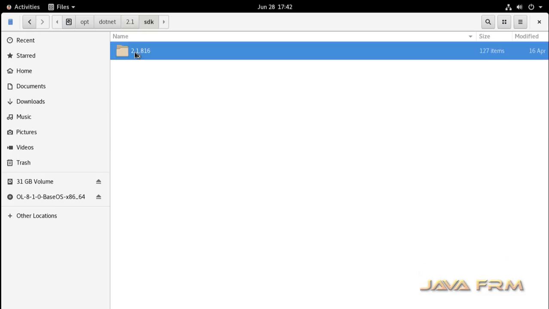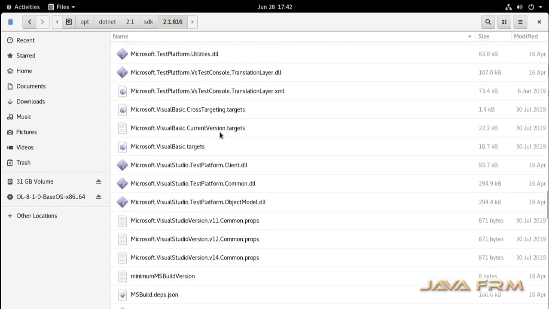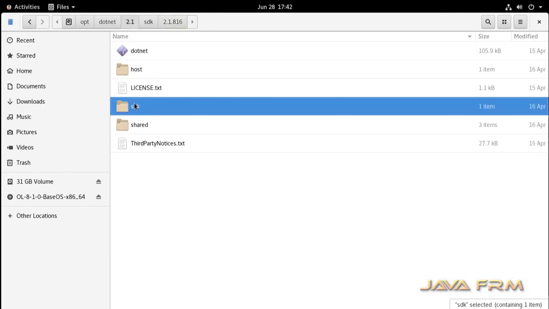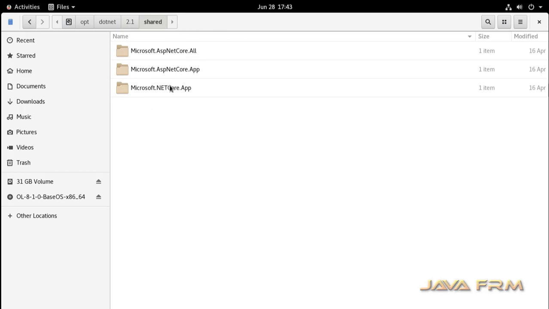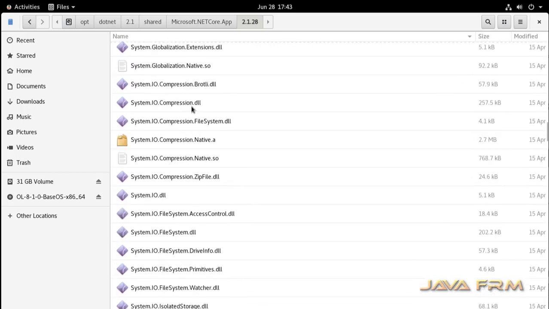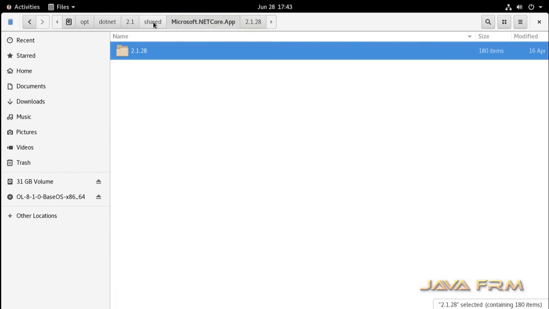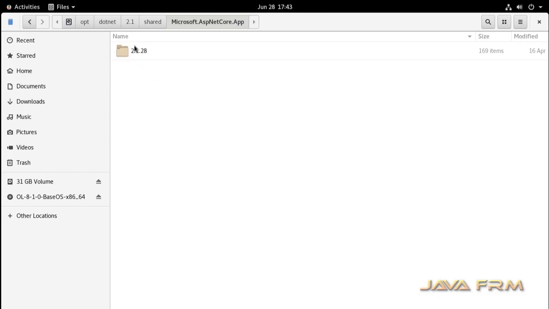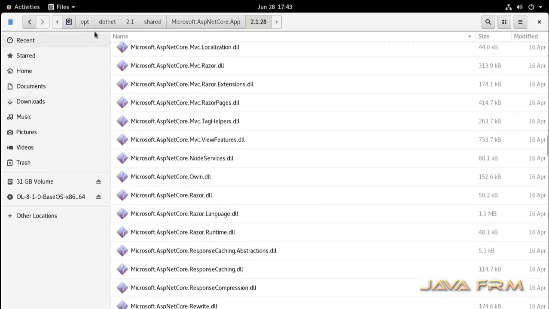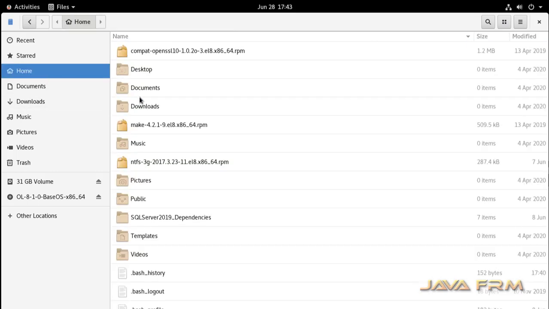It has the SDK and .NET Core runtimes, ASP.NET Core and Microsoft .NET Core runtimes, and it supports C# and ASP.NET. All console applications are supported on the Linux platform. All web app type applications are supported. Windows Forms like applications are not supported on Linux platforms. So .NET Core is specially for console and web applications that can be run on Linux. Okay, I extracted the binary successfully.